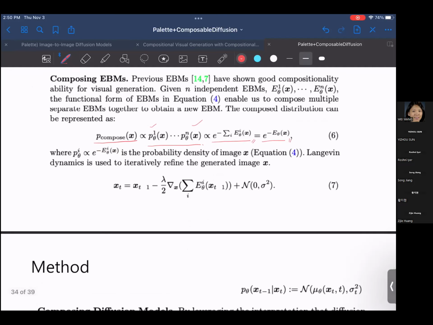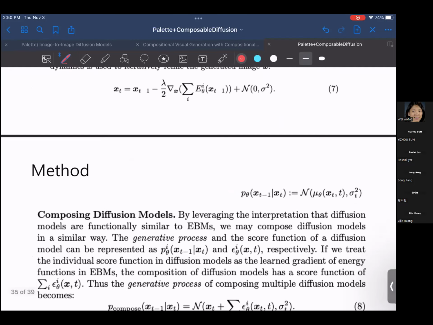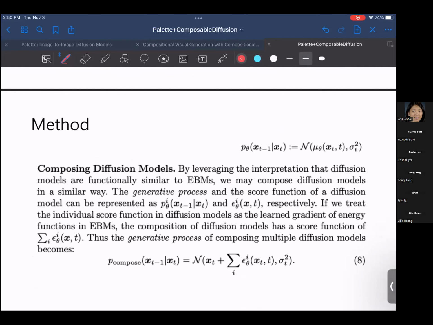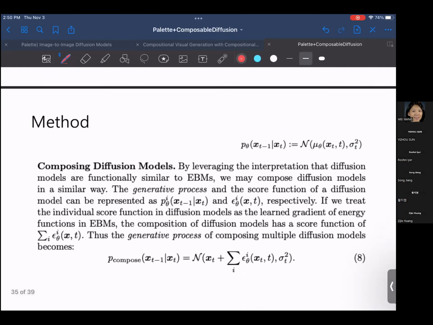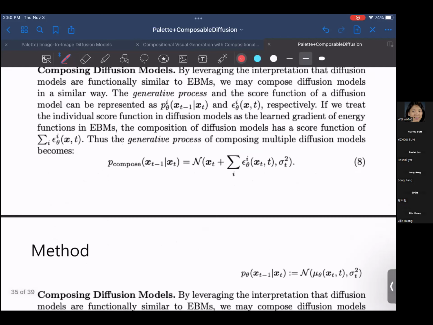Basically, all of the following equations are going to be the process of changing these diffusion-based equations into EVM-based equations. And for example,